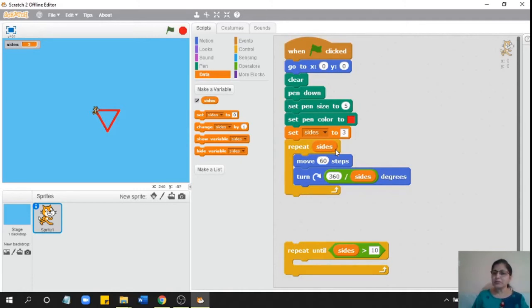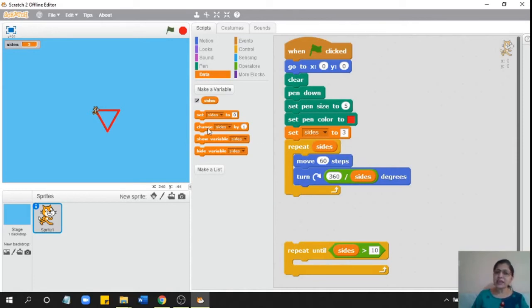Now I want that after it draws a triangle, it should draw a four-sided figure, a square. So before I draw the square, I want to wait for some seconds, then clear it, and then change it to four sides. So how do I make sides go from 3 to 4?